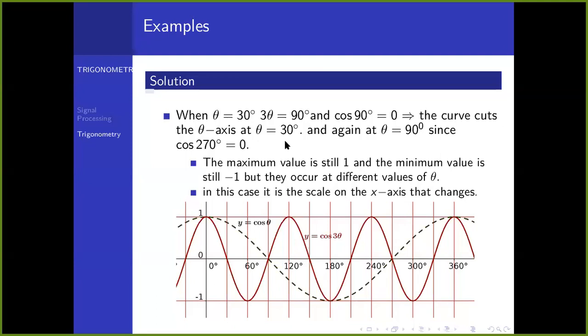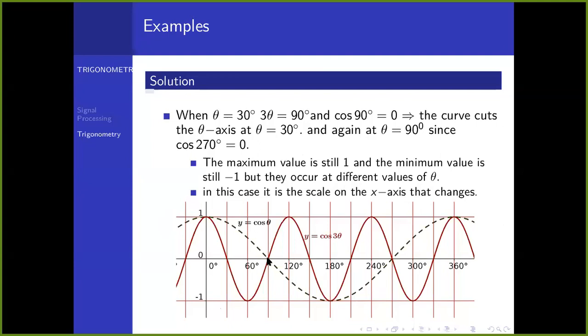So when you multiply the argument in here by a number like 3, for instance, you compress. What you also notice, the maximum and minimum do not change. They are still 1 and negative 1, but the period definitely changes because now a complete wave is done in